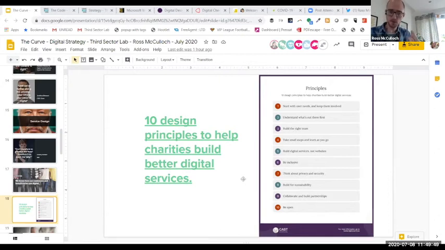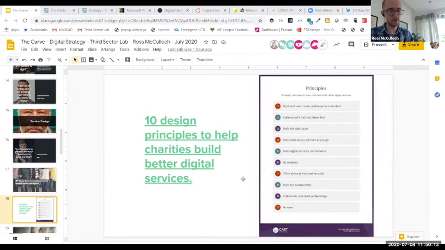inclusive, so there's some really good stuff on CAST's website about delivering accessible services. Number 7, think about privacy and security, and I urge you to go and look at the guide that SCVO have written about that. Some really simple stuff. The other one to go and look at, and we're going to talk about this shortly, is the National Cybersecurity Centre's Small Charities Guide, which has some really, really simple steps that you can take to ensure that all your digital services are secure.